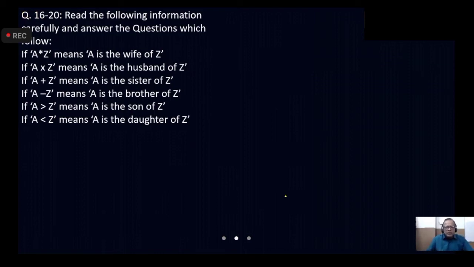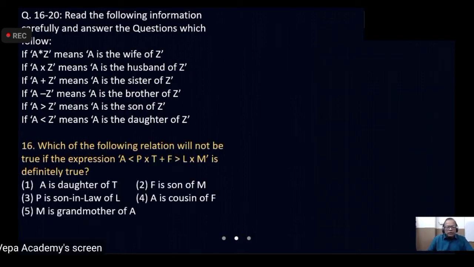Now, don't worry. How many are there? 1, 2, 3, 4, 5, 6 are there. Let them give 6, let them give 10. We have only one strategy. We say, okay, mathematical symbols are used to code the relation. Where is the question? We will ask that. Which of the following relation will not be true if the expression so and so is